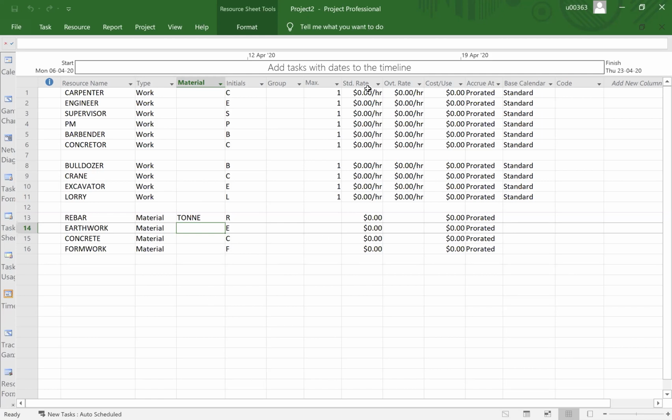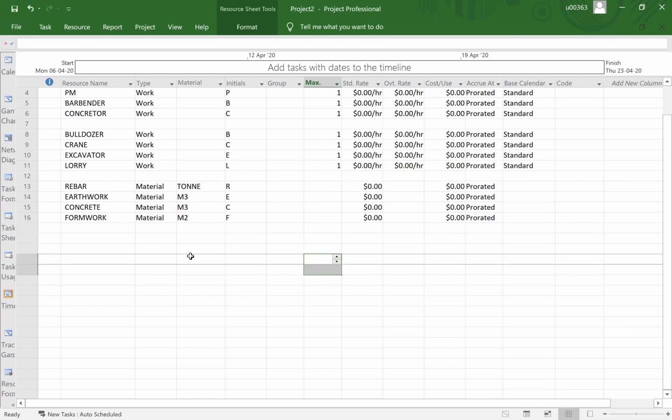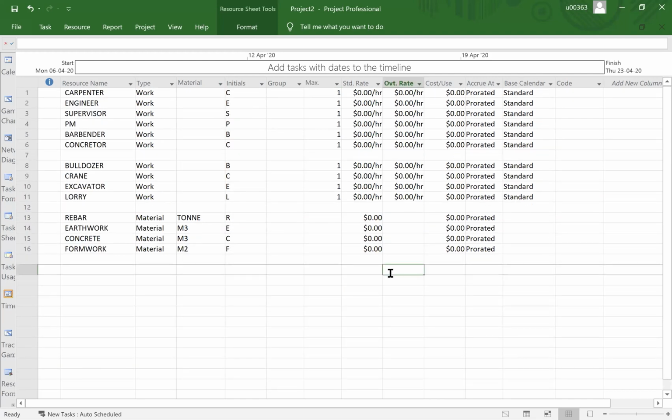Okay, wait a second. All right, now it is back. So that is how you basically input your material, and you can put as many listings of material. And then I want to show you the fourth input of data into your resource sheet that you can input in terms of cost. Let's say testing,